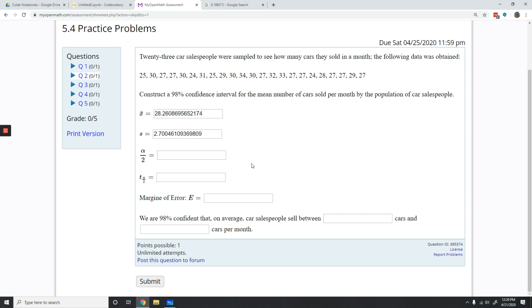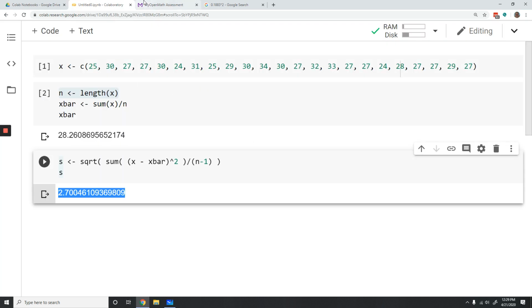Okay, so now that we have that, we want to calculate alpha over 2, which is exactly the same calculation as what we have been doing for calculating a confidence interval for a proportion or for a mean where we know the population standard deviation. It's the same exact process for that alpha over 2. So just to remind you,